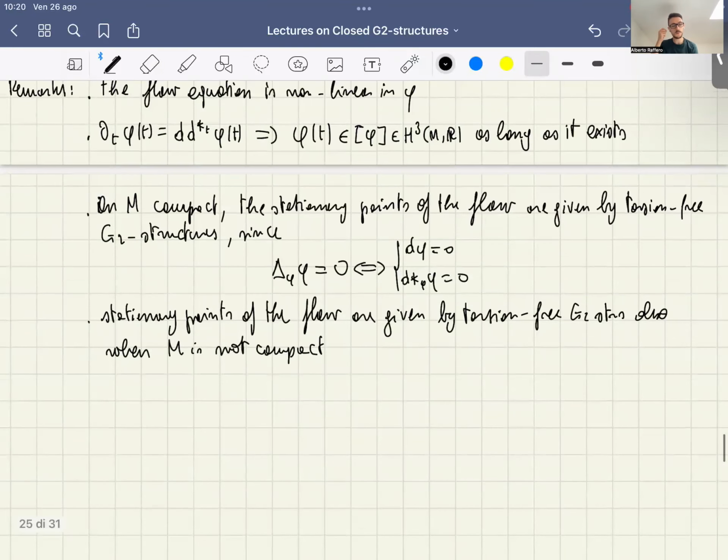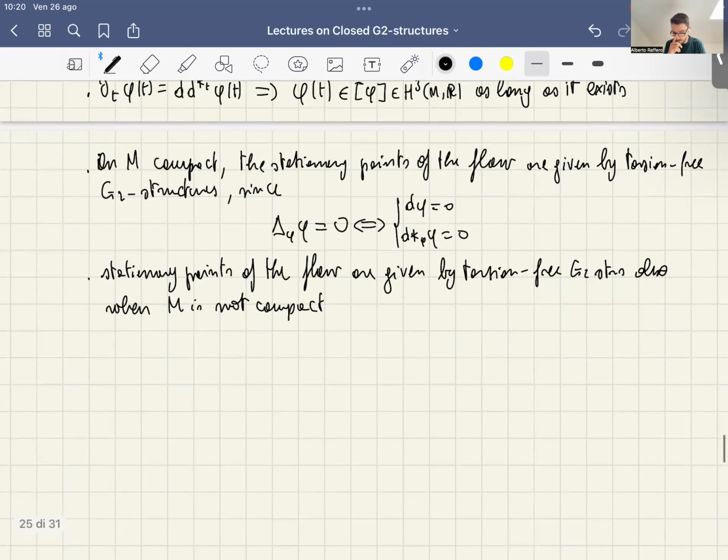And this follows from some computation that you can do involving the intrinsic torsion flow of the closed G2 structure that we introduced yesterday. And it goes as follows. So phi is closed, then this implies that if you take the differential of its Hodge dual, then it is equal to tau wedge phi, where tau was a notation for the intrinsic torsion form tau 2, belonging pointwise to the space lambda 2 14.